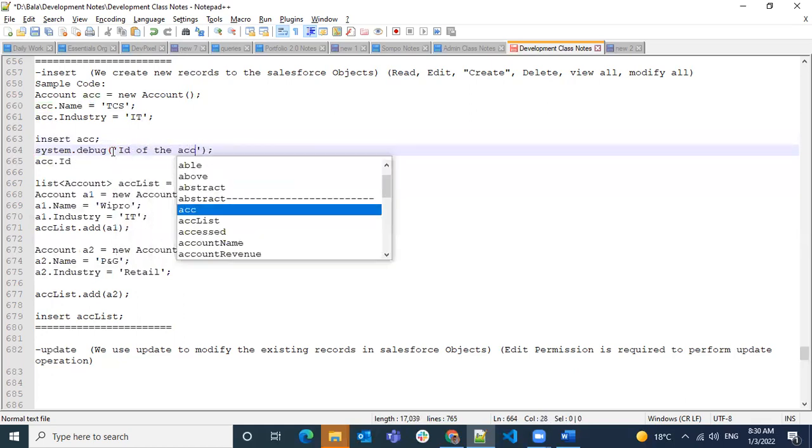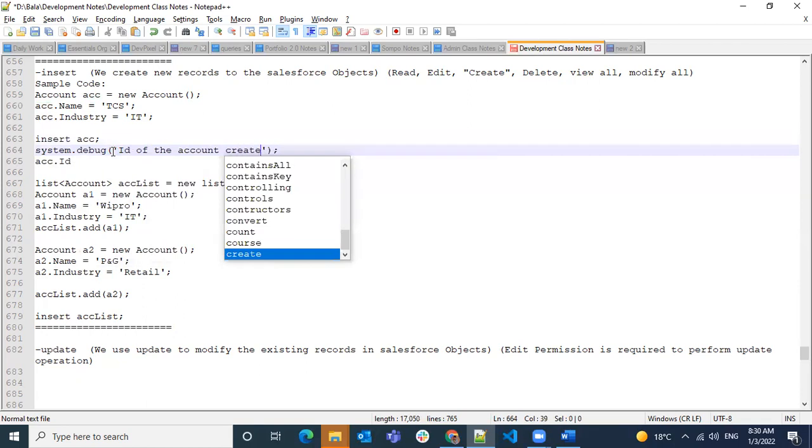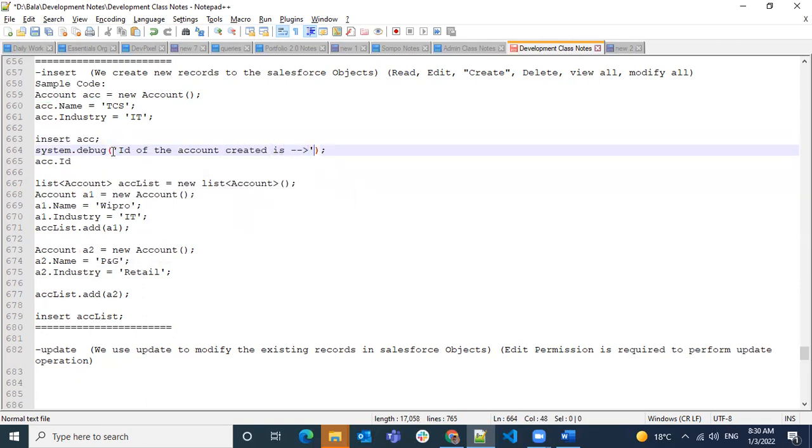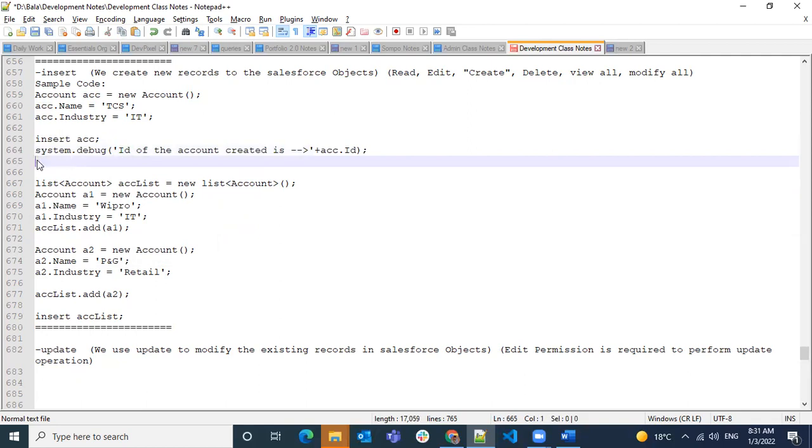ID of the account created is acc.id. Okay, you can access the value using acc.id.